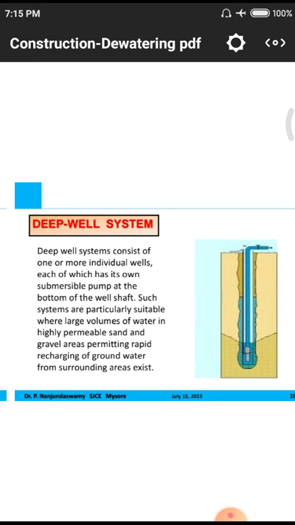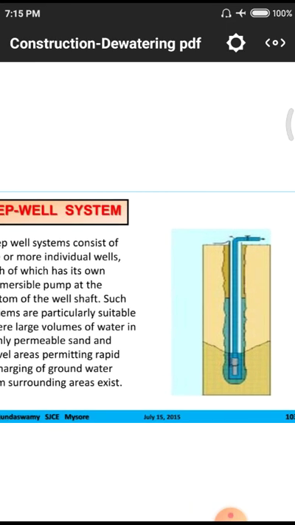In the figure itself, we have a diagram regarding the deep well system. In this particular figure, there are two kinds of soils we have to observe. On the top we have a light brown color soil, that means a biscuit color soil. In the bottom we have a dark color soil, so the soil strata are different. Why? Because in the top strata we do not have water, but in the bottom strata we have water, so the water percolates into the layers, and the color of the layer also changes due to the presence of water from the ground surface.